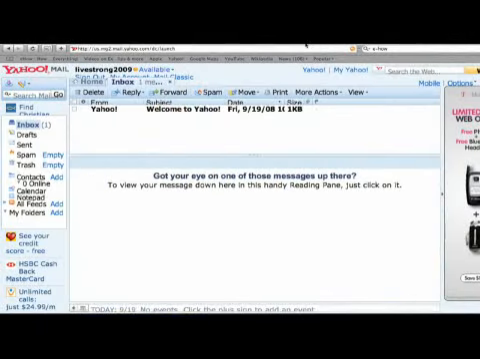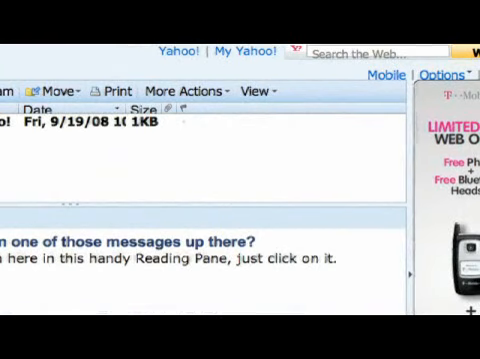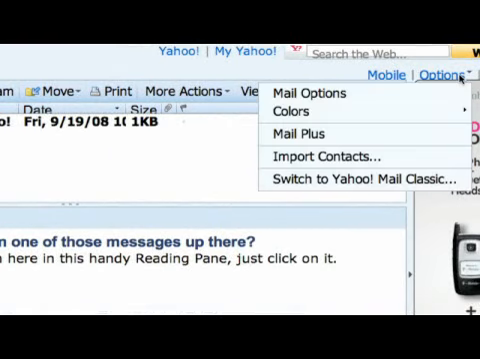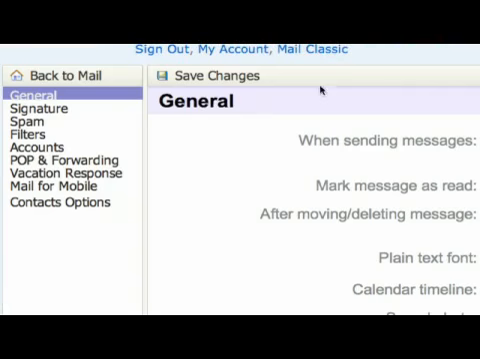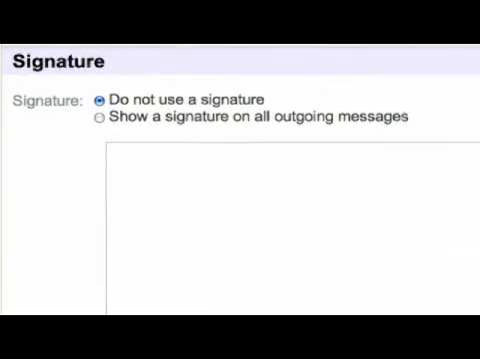First, go into your email account in Yahoo. You'll have to log in through the yahoo.com website. Go to your inbox and go to your mail options. Once you click on options, on the left-hand side, you'll see signature. Pretty easy. Click on signature, and it'll ask you, do not use a signature or show a signature on all